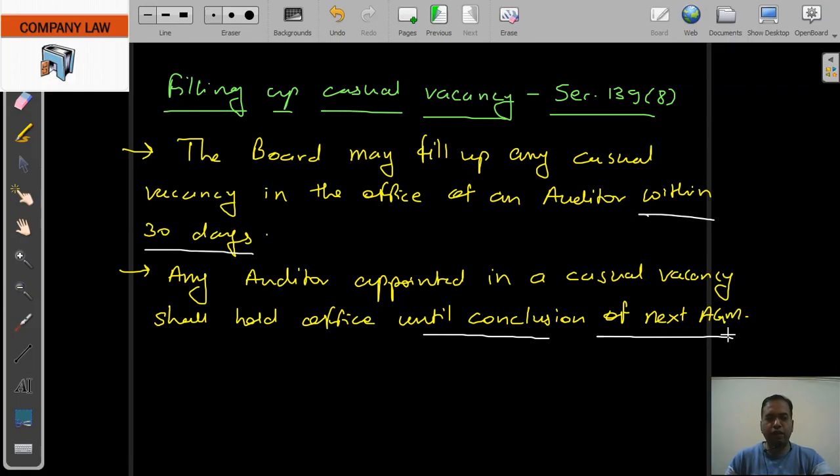In case of government companies, there are different provisions. Appointment of the auditors for government companies should be as per the CAG, Controller and Auditor General of India, who shall in the financial year appoint the auditor duly qualified for the government company which is controlled by the central or state government. The auditor shall be appointed within a period of 180 days from the commencement of the financial year. So that is the provision for government companies.